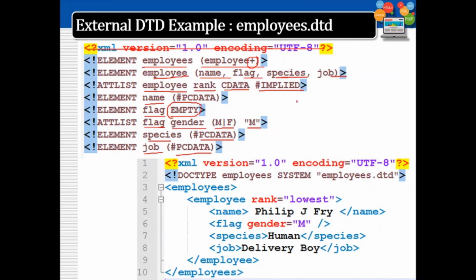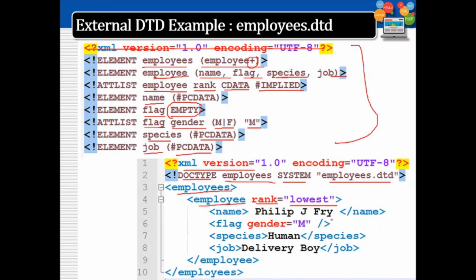So this DTD, employees.dtd, is referenced in this employees.xml. The bottom one is the XML file, so it has a prologue, then exclamation DOCTYPE, employees is the root tag name, then SYSTEM, path employees.dtd. This is the employees.dtd, so in conformation with that, we have the employees tag. Within the employees tag, I have the employee tag. Employee contains a rank attribute.